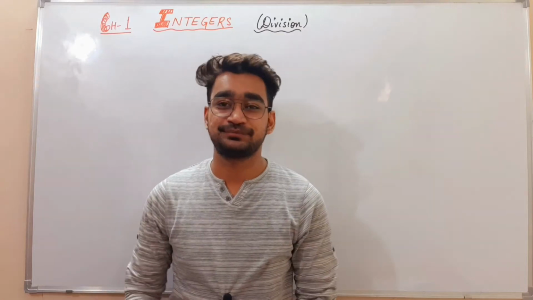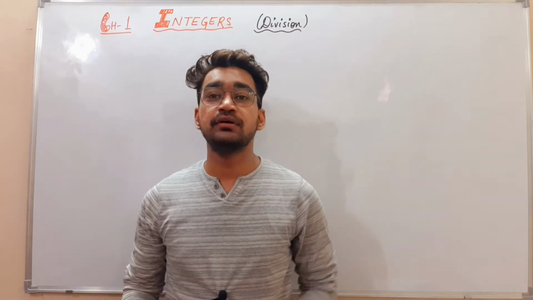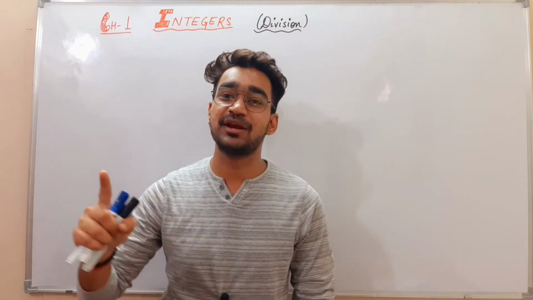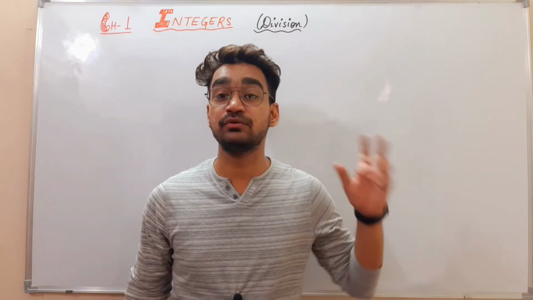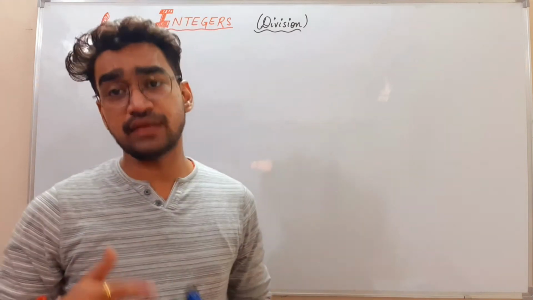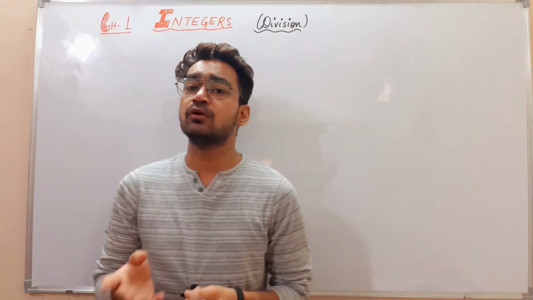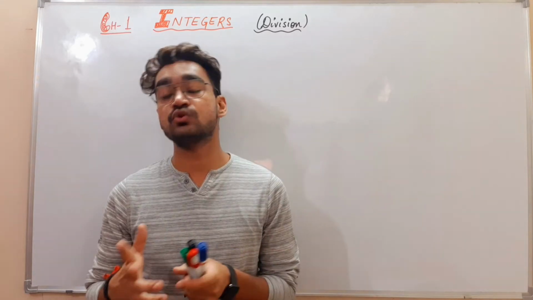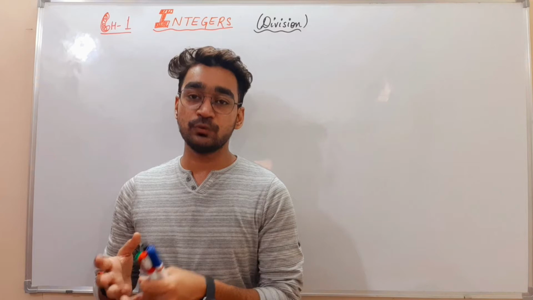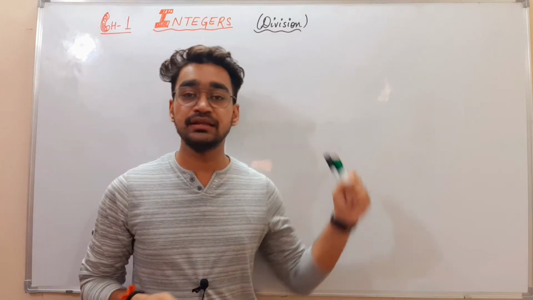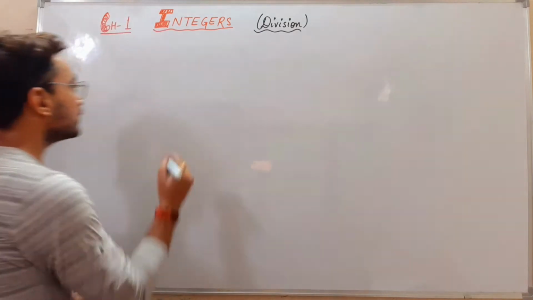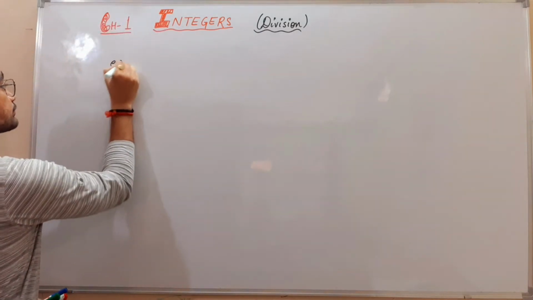Hello everyone. So today we are going to learn about the division of integers. Grade 7 NCERT chapter number 1, integers. In that we are going to study about division of integers. Division of integers is actually quite similar to the multiplication of integers. The sign convention which you are using in the multiplication of integers is actually exactly the same in division of integers. The division of integers, for example, how to do that?